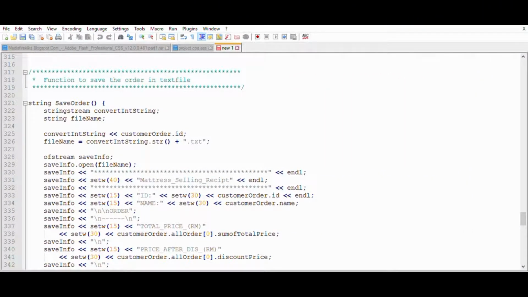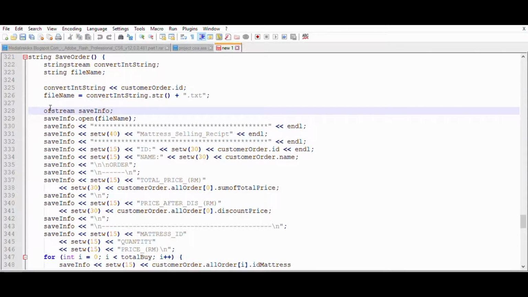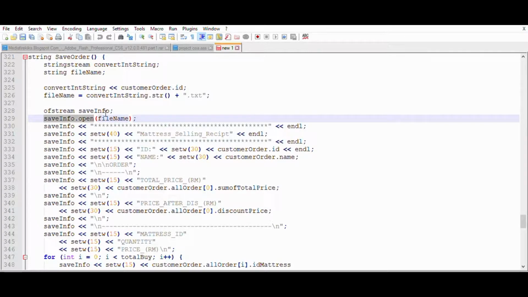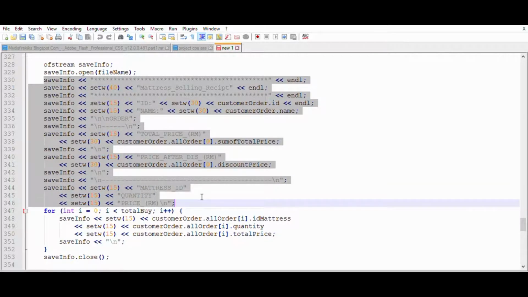Next is the function to save the order in a text file. Firstly, we have to convert the customer order.id that is in integer into string. So now we have the customer order.id as a whole string. Next, if we want to write into a file, we have to use ofstream. So save info.open, and then in brackets the file name that we want to use. So here we use file name as file name, and then save info, input the decoration. So here are all the decoration that we want to use,